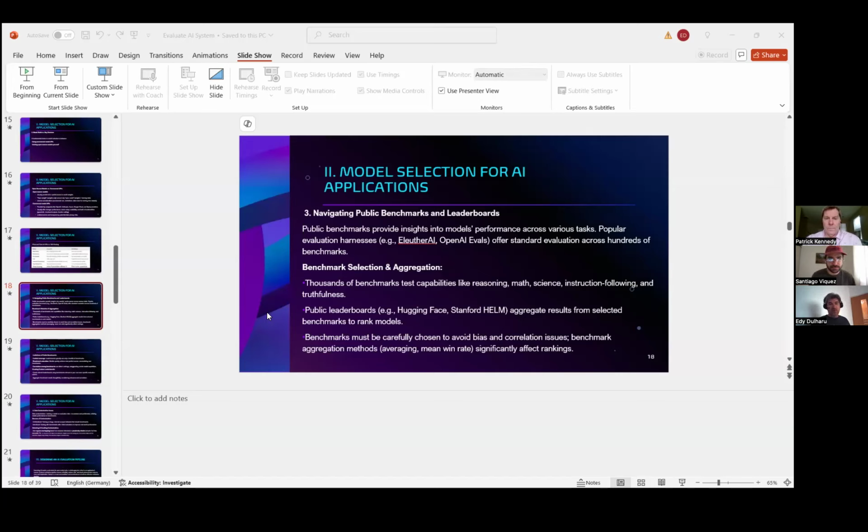So in these 2-3 slides, it's about how we should use these public benchmarks and leaderboards. There are a lot of companies providing these benchmarks. I said here that I prefer the option to build my own benchmark, because it will be very custom to the things which are relevant and important for my AI solution.